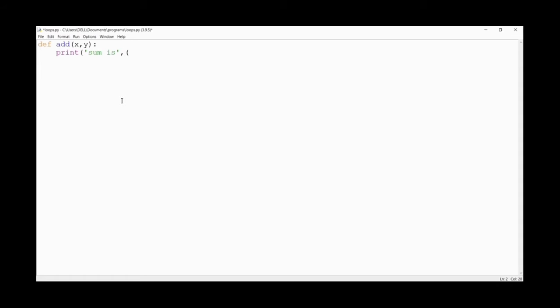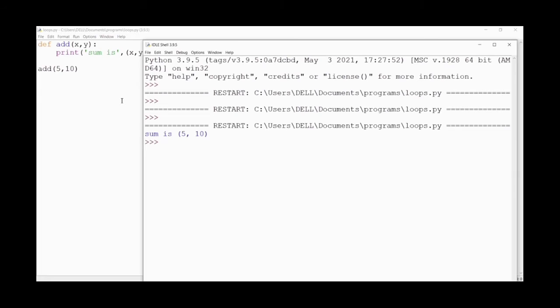Let's give the input: the function add with two numbers, 5 comma 10, and let's see the output.